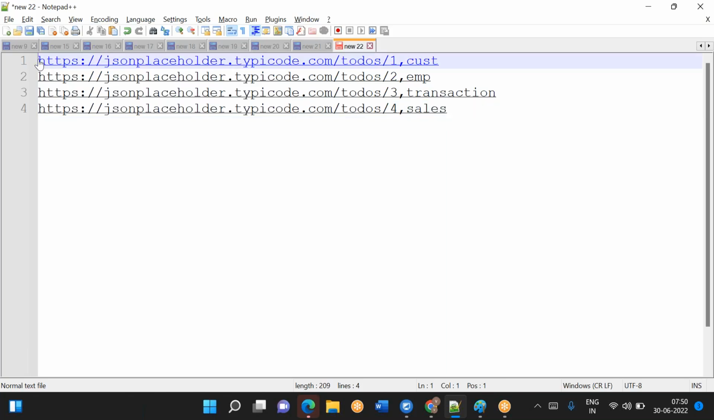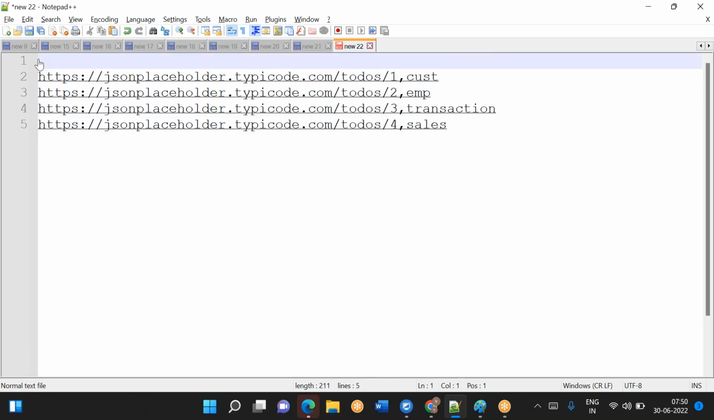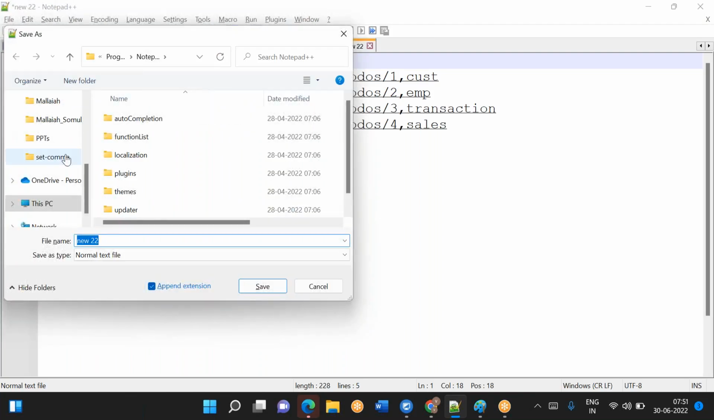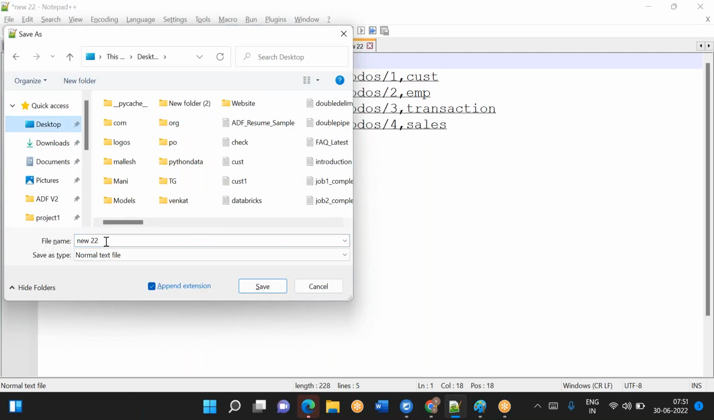But now I need to iterate through these 4 items and process the data. One by one, I need to pass the URL. How? Now what you need to do, let's say this is a source URL, comma, sync folder. This is a metadata file I have created. You just put it on the desktop as a